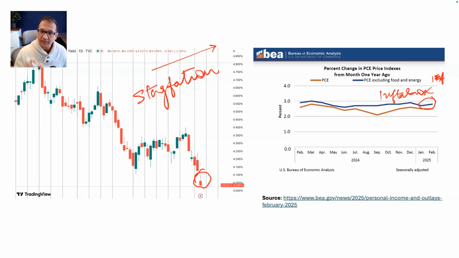This is specifically difficult for the Feds to manage. Because what do the Feds do? Typically, if the inflation is increasing, they would say, okay, let me increase the interest rates. And if the inflation was falling or the yields are falling, they'll say, okay, we need to jumpstart the economy, so let me reduce the interest rates. But at this time, because inflation is increasing and the yield is going down, this is a concern that leads to stagflation. So this is where the Feds now have to wait and watch.